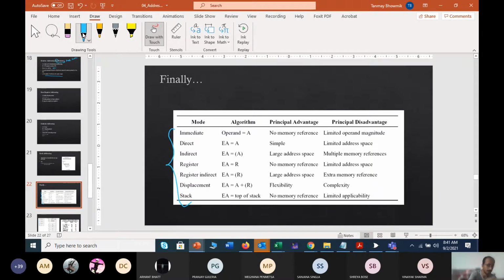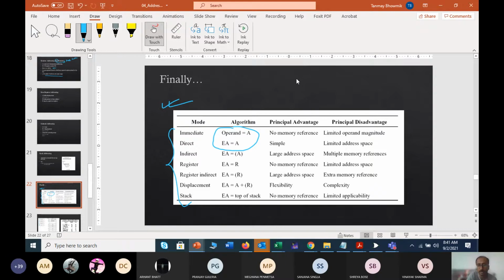You can specifically mark these two later when you read. Without reading anything, you can go directly to this table and take these two examples, first to remove the confusion between immediate and direct.